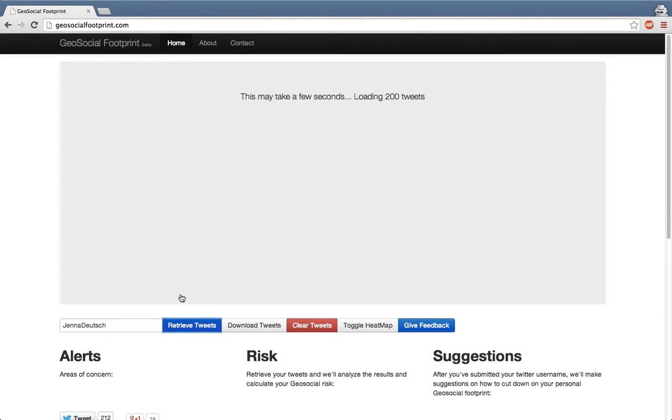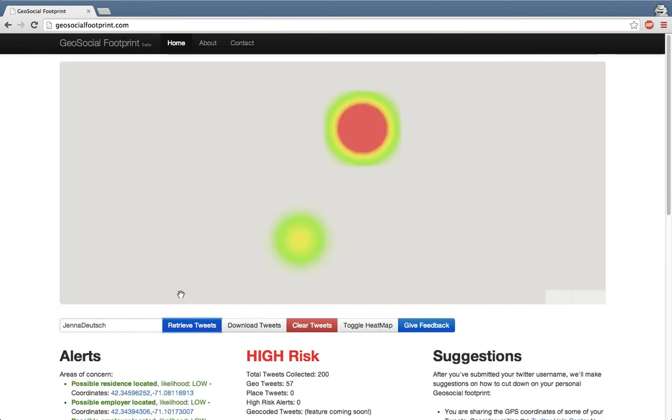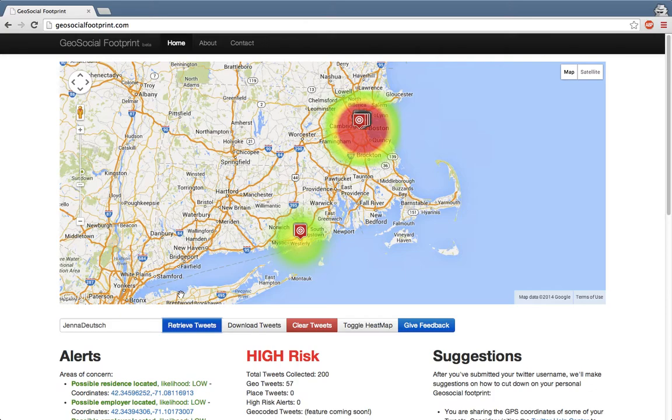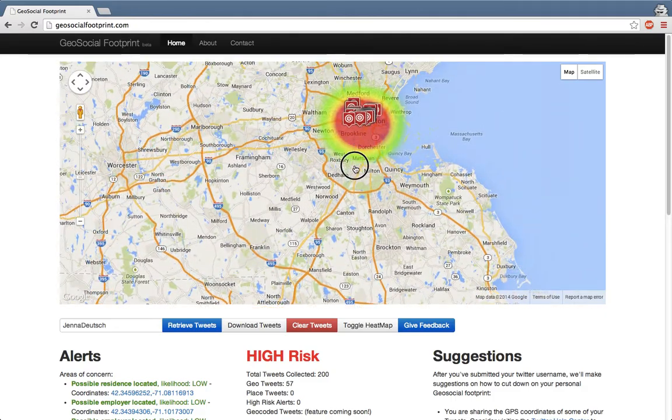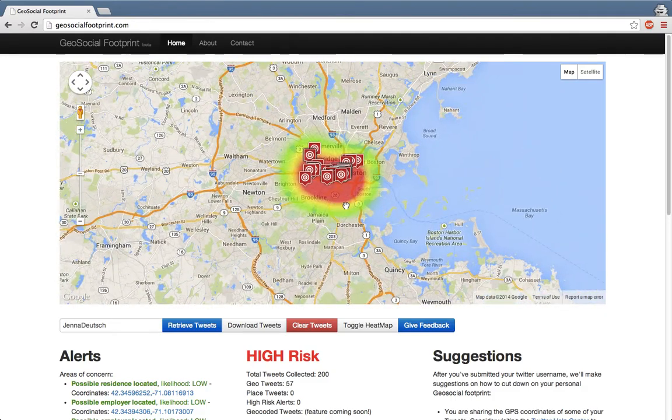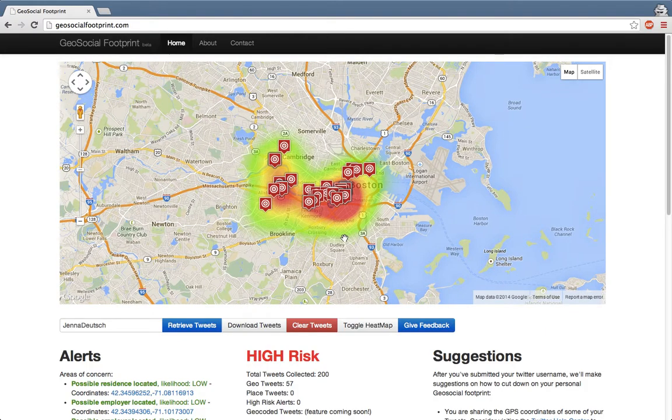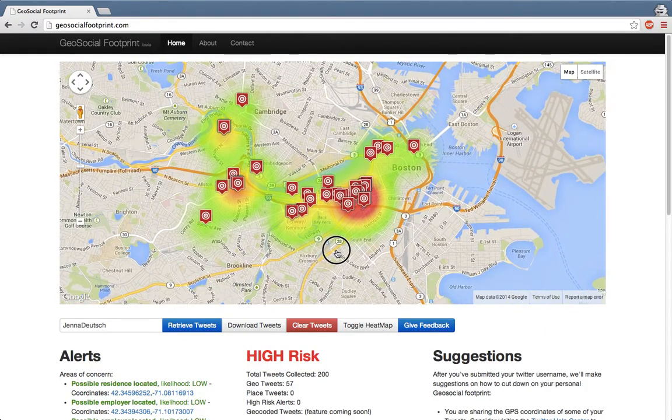Here I'm going to give you an example of just a few individuals. They're not myself, but they are good examples of how this is used. This individual you can see is in the Northeast. Right away there's two distinct patterns here, with one being a hotter or red, which indicates that there's more activity there. This is around Boston. As we zoom in, you can see that this individual has a very distinct footprint in the Boston area. You can see from this where they may be present or not present.